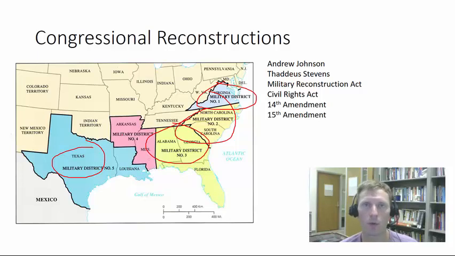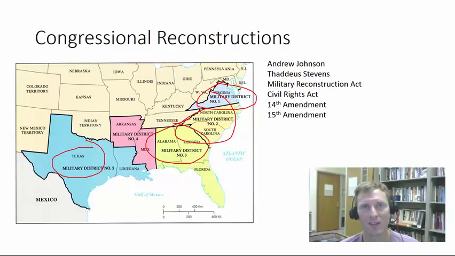You can't bar someone from going into this business or things like that. The 14th Amendment establishes citizenship rights, and then the 15th Amendment, 1869, offers the suffrage, or enfranchisement, or the vote to African American men. And it's posed in the negative. It doesn't say all men will be able to vote. It says states cannot restrict the right to vote based on race, color, or previous condition of servitude.